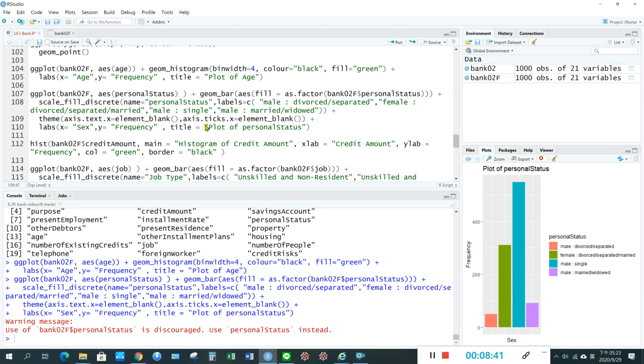Don't worry about how to do these instructions, because I will have a class for ggplot2, maybe 2 weeks later, to explain more about ggplot2. Okay? So you may run the instruction at line 112. So you get the histogram